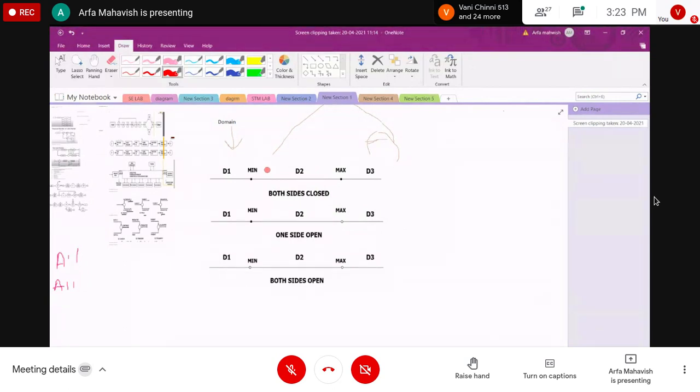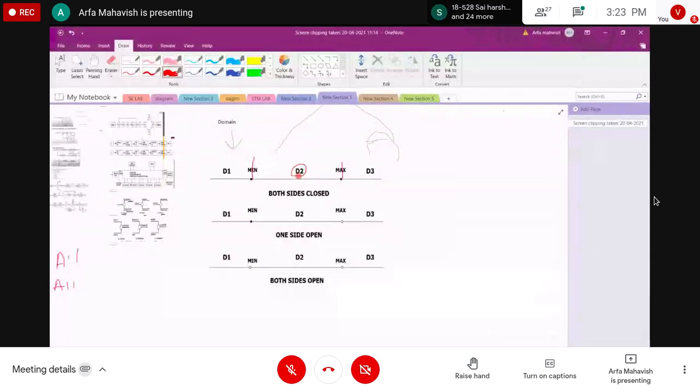So in the first picture, D1, D2, D3 are the domains, and this domain has boundaries. The minimum and the maximum values are the boundaries of D2, and both belong to D2.